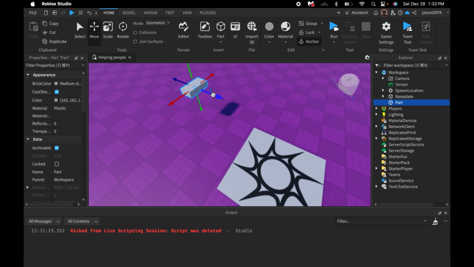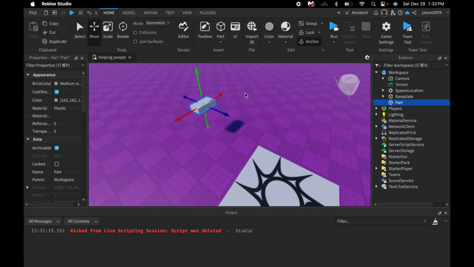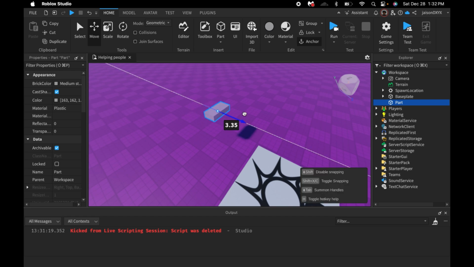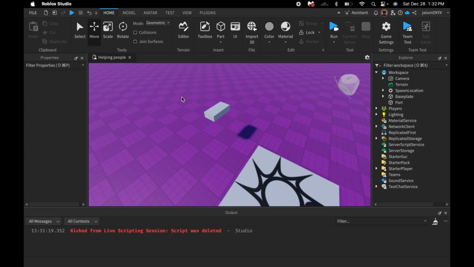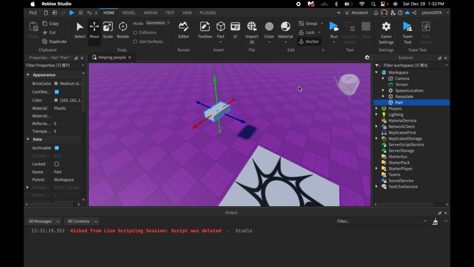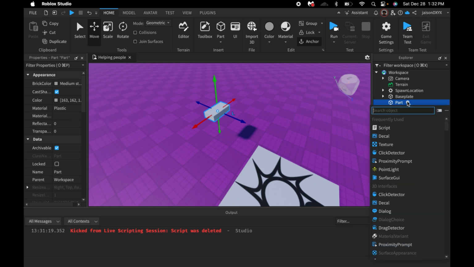So yeah, I'm just going to lift the part up in the air and anchor it, because we're going to have a touch event, and I quite frankly do not know how to get the humanoid of your Roblox character. I'm going to be honest. Anyways, add a script into your part,